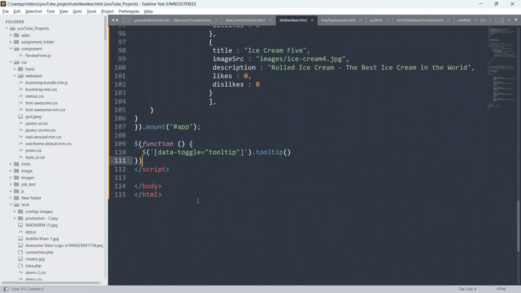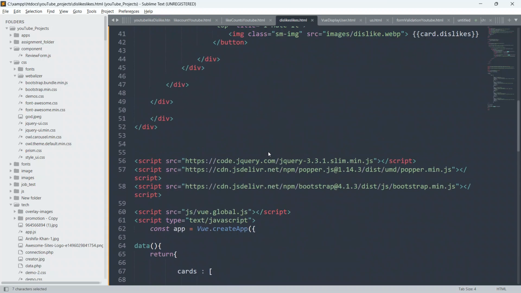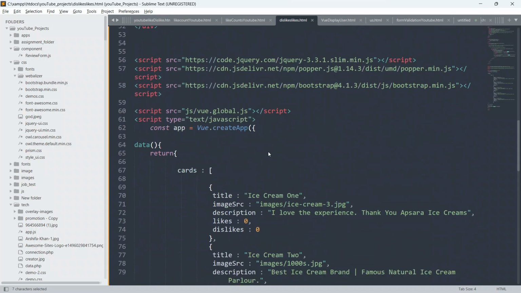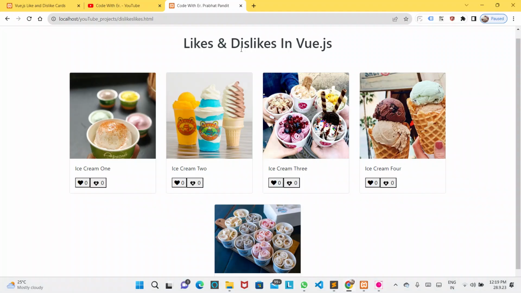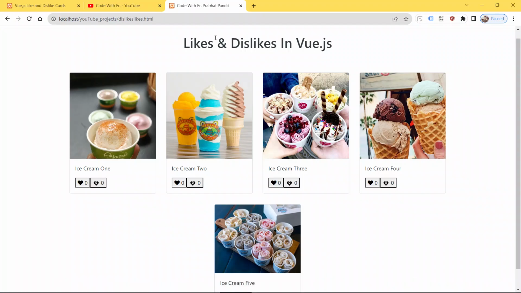That's why I have given the data-toggle equal to tooltip function, and I have initialized the Bootstrap tooltip function on this entire document. Now save your code, go to the browser and refresh the page. See, boom, our tooltip worked.